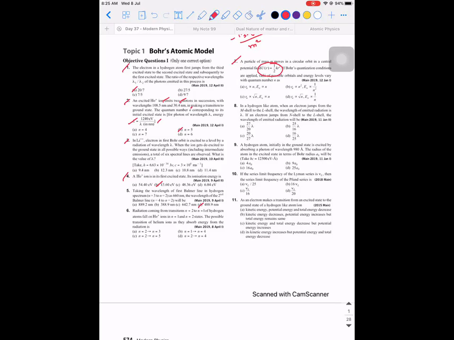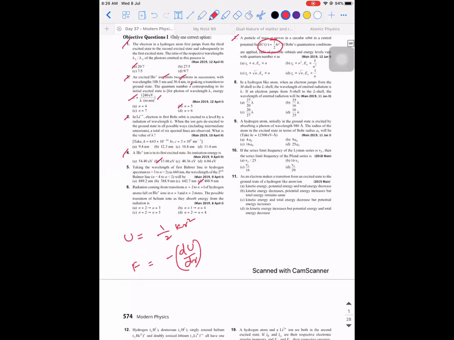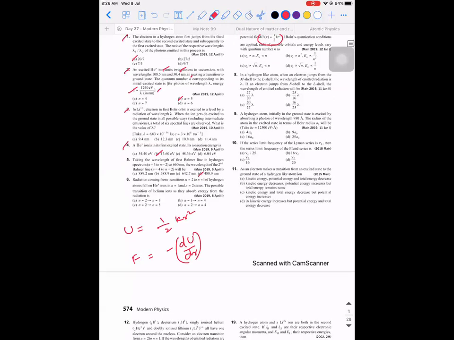Okay. So since potential energy is given as half kr square, how will you calculate the force? Because for you to calculate the radius, you need to know what is the force that is acting on the particle. So F is equal to minus dU by dr for conservative forces. Since electrostatic force is going to be conservative in nature, I can apply minus dU by dr. If I take only the magnitude, F will be equal to dU by dr, which means kr.